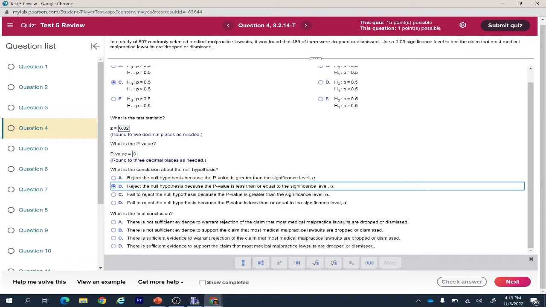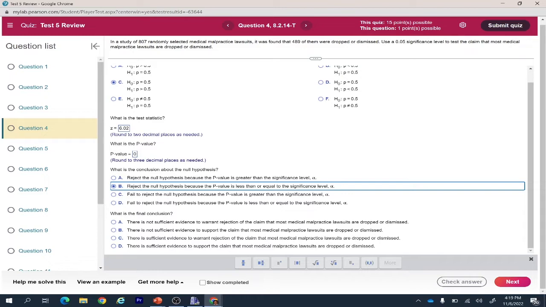There is not sufficient evidence to support the claim that most... There is sufficient evidence to warrant rejection of the claim that most medical malpractice lawsuits are dropped or dismissed. There is sufficient evidence to support the claim that most medical malpractice lawsuits are dropped or... Our answer should be: there is not sufficient evidence to support the claim that most medical malpractice lawsuits are dropped